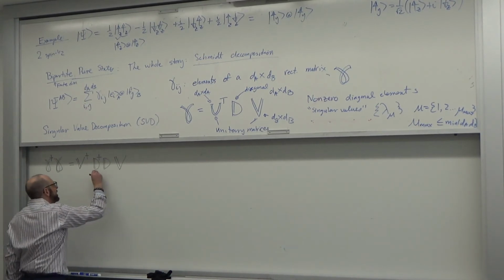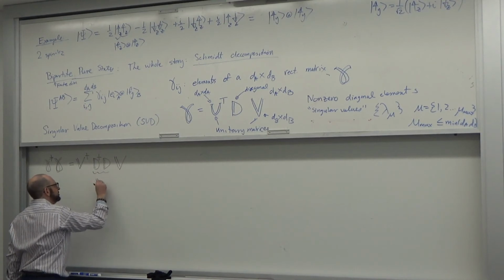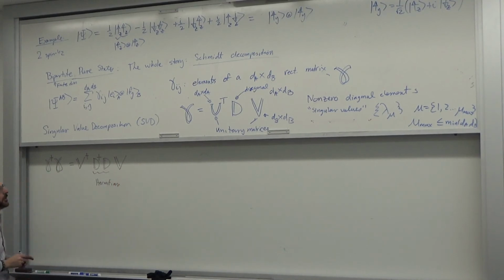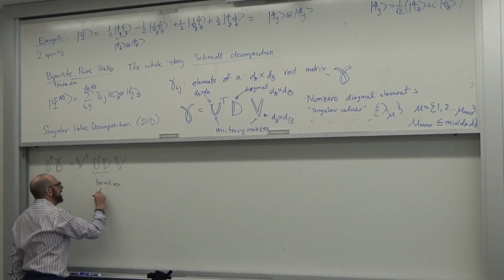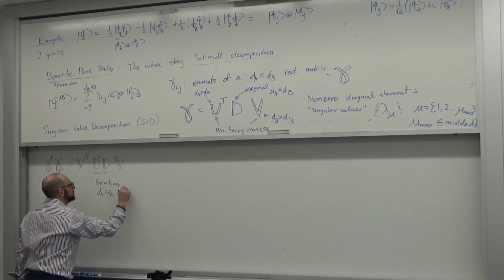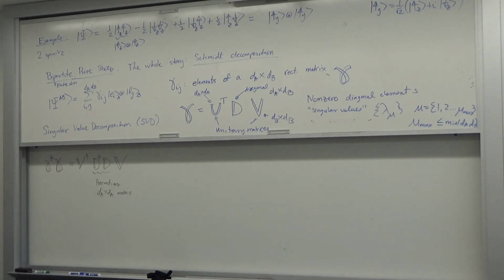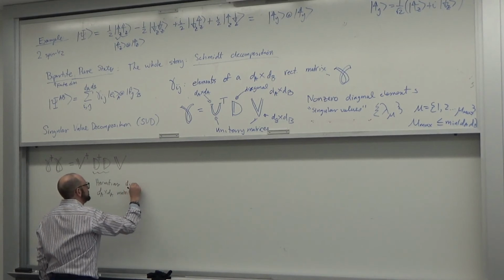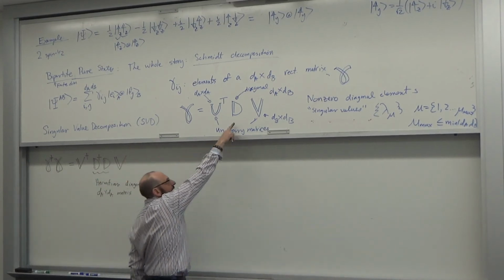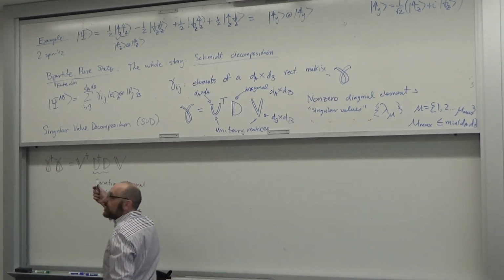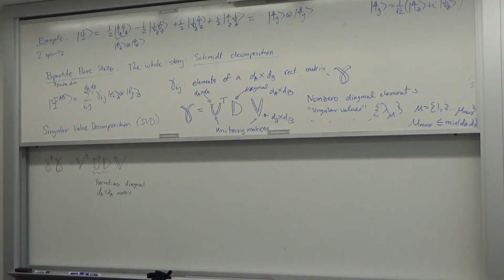This matrix here is Hermitian. Right? And this is a dA by dA square matrix. And it's diagonal because this guy was diagonal. Okay? So what is V? V is the similarity transformation that takes me